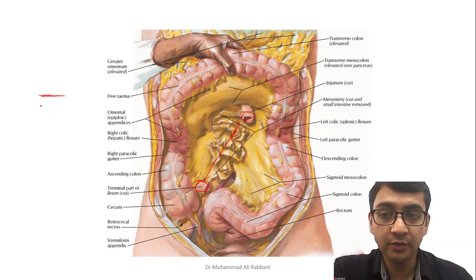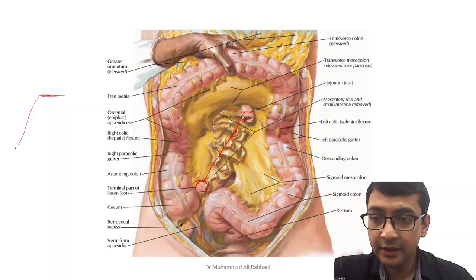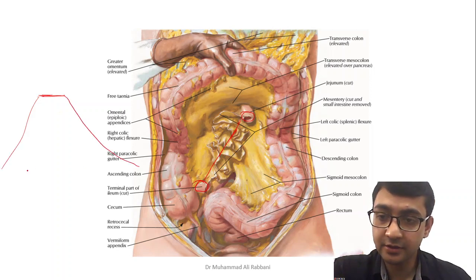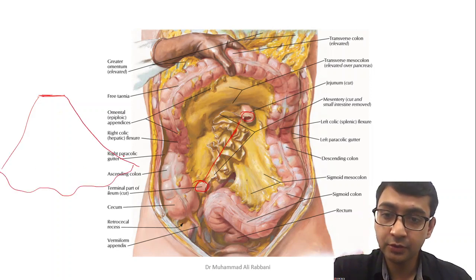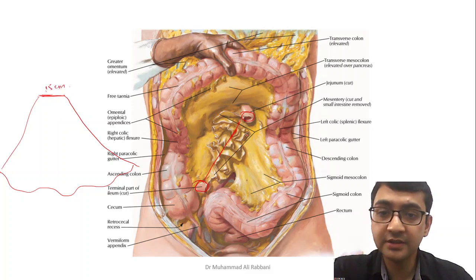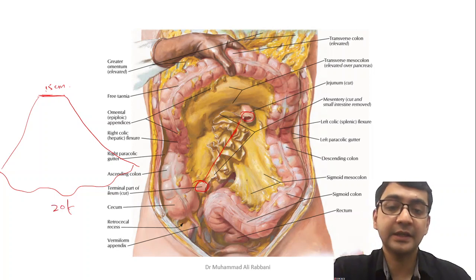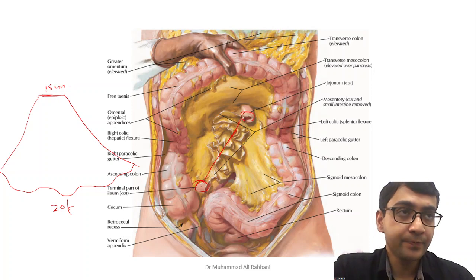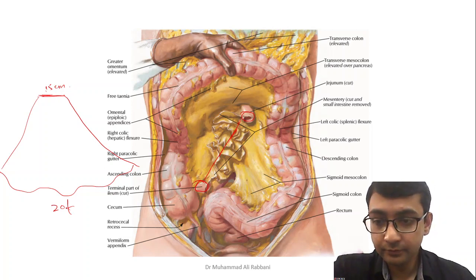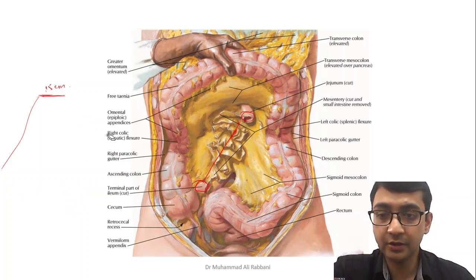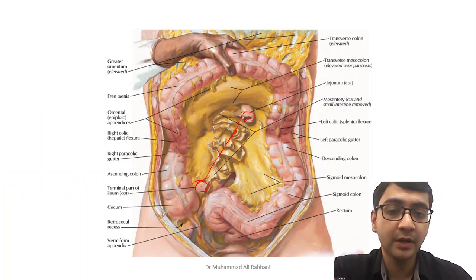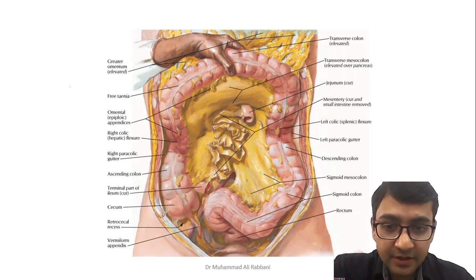The attachment to the body wall is very low, narrow, and attachment to the intestine is very large, about 20 feet. So it has a frock-like appearance. It's about 10 to 15 centimeters on this end where it is attached to the body wall, and here it is almost 20 feet that gives attachment to the whole of the line of jejunum and ileum. So this is the mesentery proper or mesentery of small intestine. Mesentery of small intestine is also known as mesentery proper, and it's the major mesentery that you see when you open the abdomen. Then there is mesentery of transverse colon.